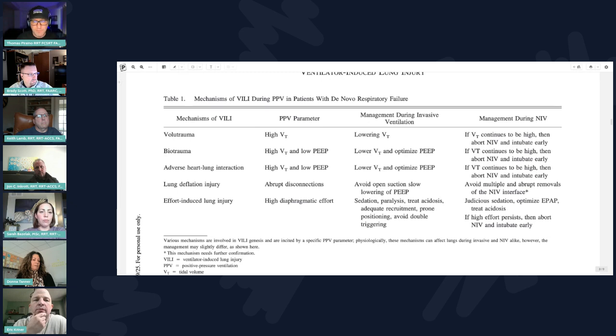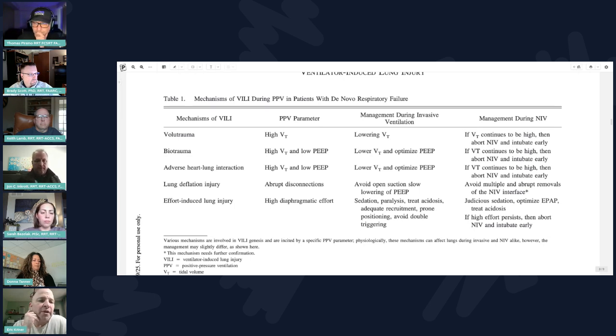But if they wake up, doesn't matter if it's 60, if they are demanding, then you can try pressure. But again, the safety becomes the next question. What is your goal with this patient right now will determine whether or not you decide to sedate or not. But that would definitely not be my first choice. Even in this patient, we were pretty sure they weren't going to slow their drive down, but we tried pressure targeted mode first and found that we basically were giving them nothing, and tidal volumes were still way too high.